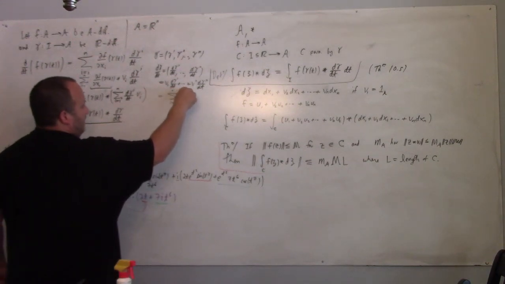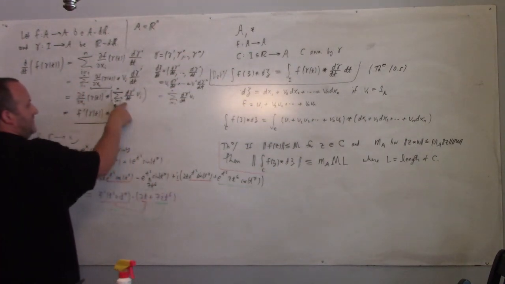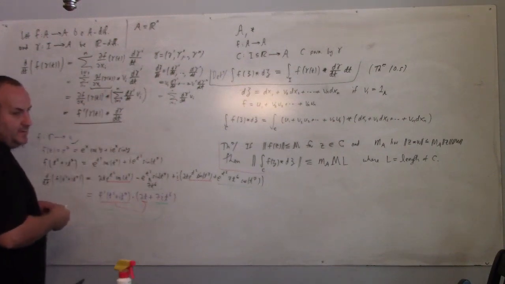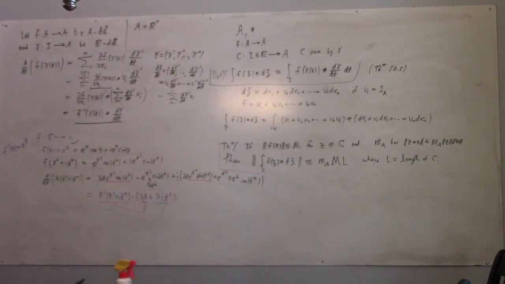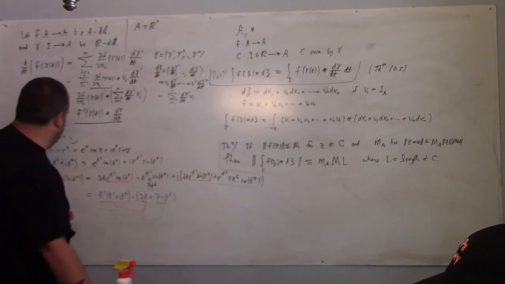This sum is, I mean, these are the components, the ith component, that's the basis vector. You put it together, you just get the derivative. It's the component-wise definition of the derivative of a valued function of a real variable. And there you go. I mean, that's the chain rule. And that chain rule straight away leads to the fundamental theorem of calculus over an algebra,